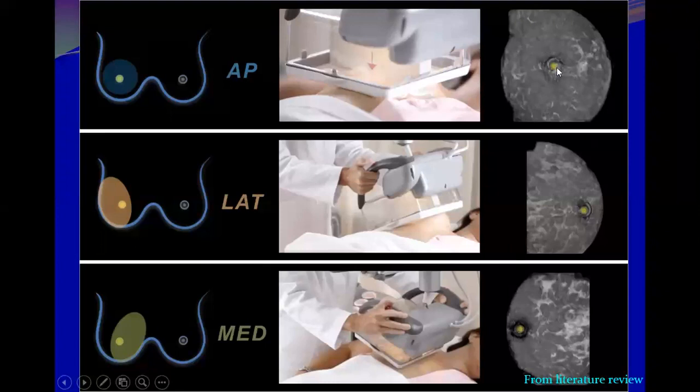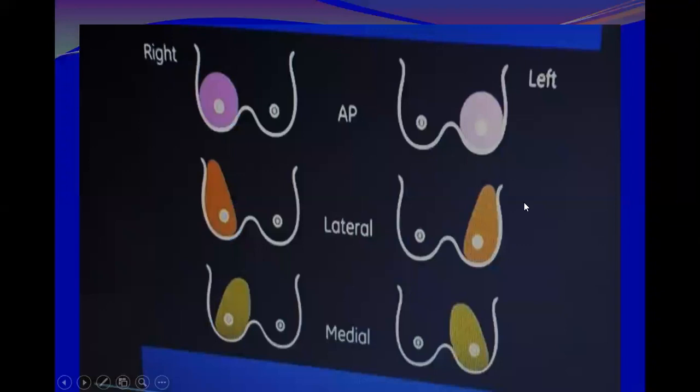When you look here, the nipple at the center, this is the one view, the central part, okay? And when you see the nipple going more medially and larger breast laterally here, this is the lateral view, and this is the medial view, and the same